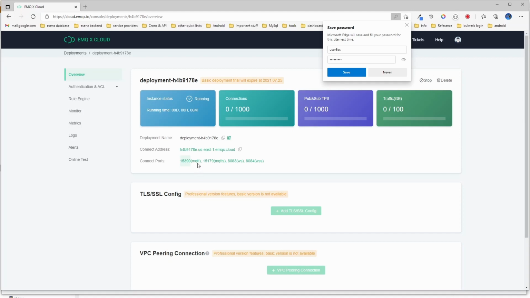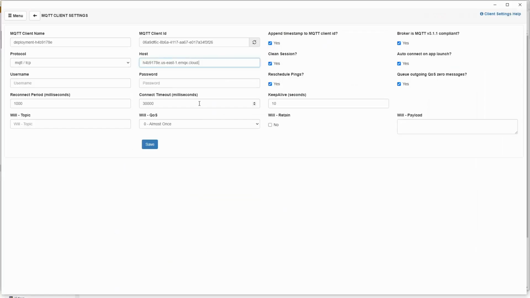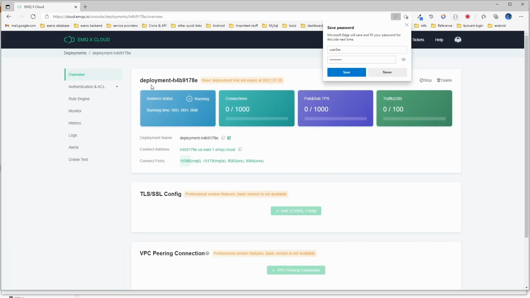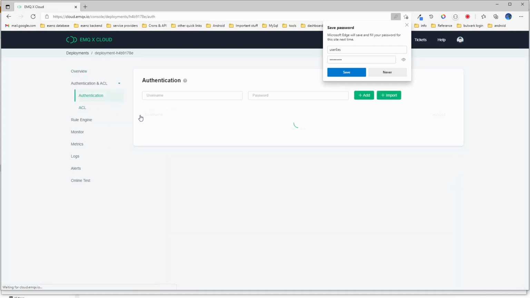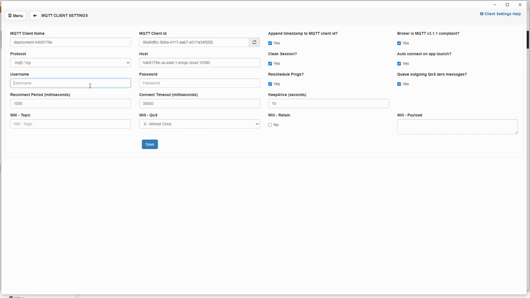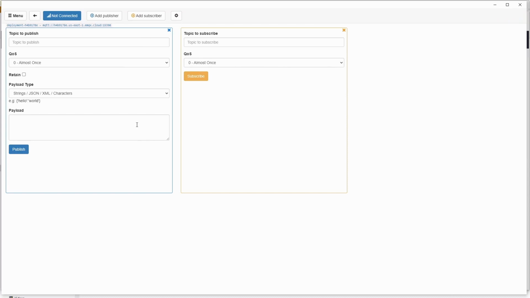Let's use the non-secure one, 15390. Then our username, our password, and that's all you have to do. Then just save. If you come here, this should change to connected.